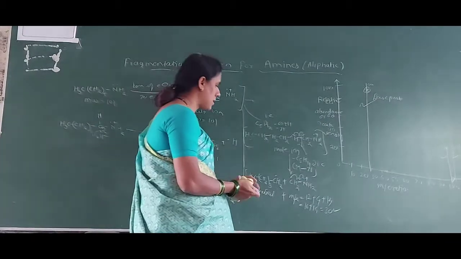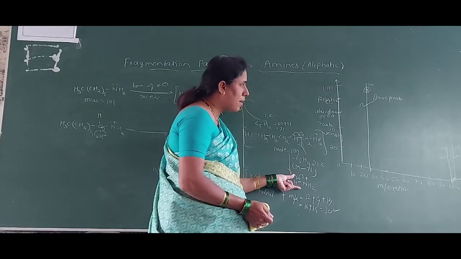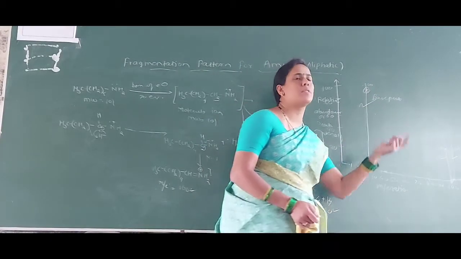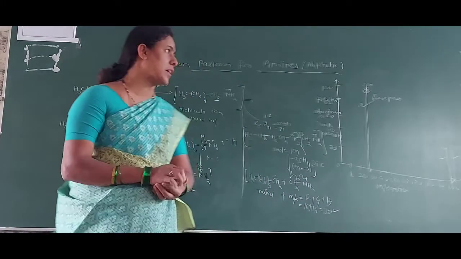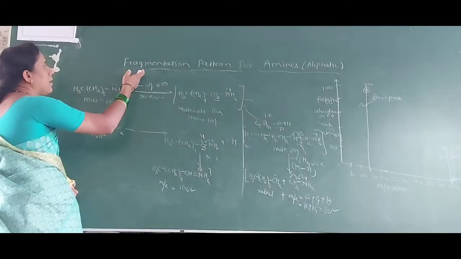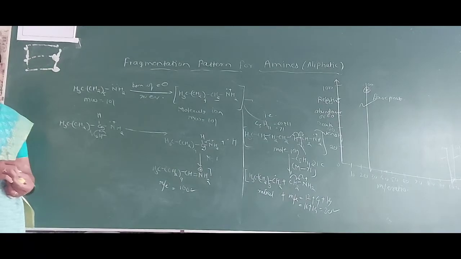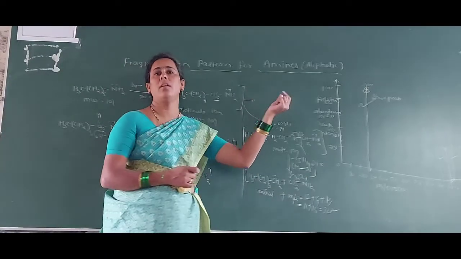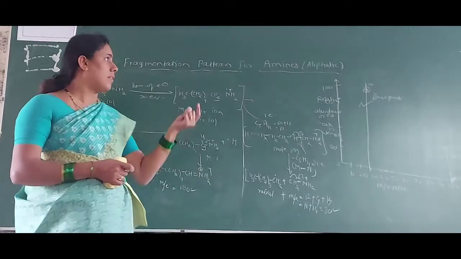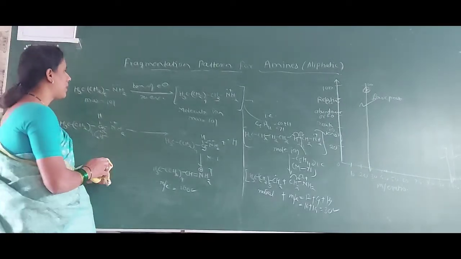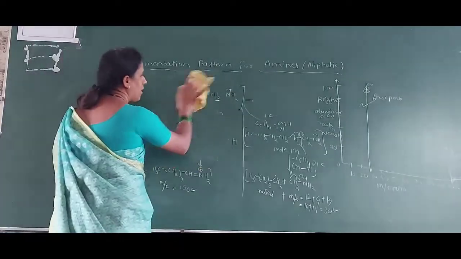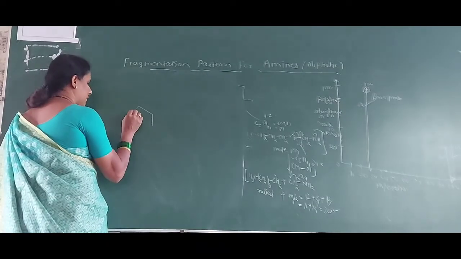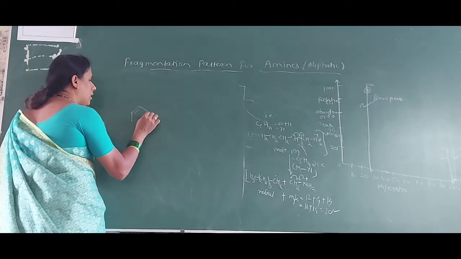And among the peaks from this fragment, the pattern having the highest peak intensity is called a base peak. In this way, we can explain the fragmentation pattern for amines also, that is in case of aliphatic ones. Now for aromatic ones, you can try the examples at home. I am giving you hints for this example.